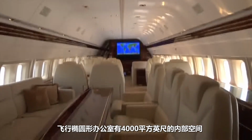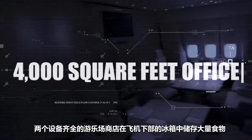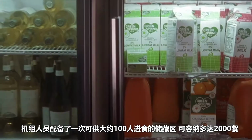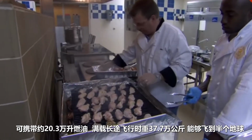While the plane's security may be self-evident, many people neglect to mention its luxury. The flying Oval Office has 4,000 square feet of interior space for the president and his staff. The crew prepares meals in 2 fully equipped galleys. They store a large amount of food in freezers in the lower sections of the plane. The crew is equipped to feed about 100 people at a time, and the storage area holds as many as